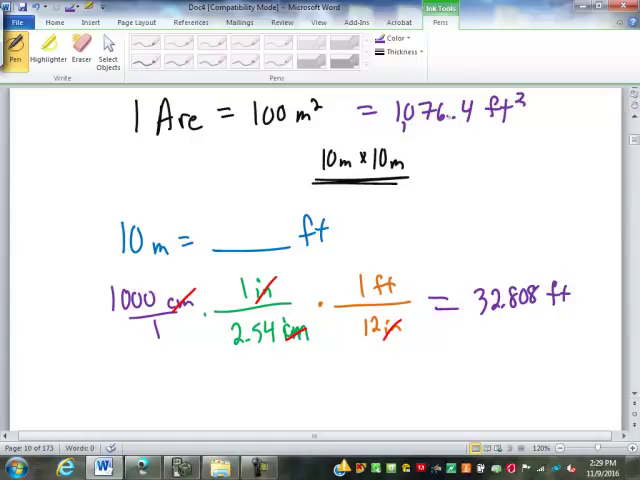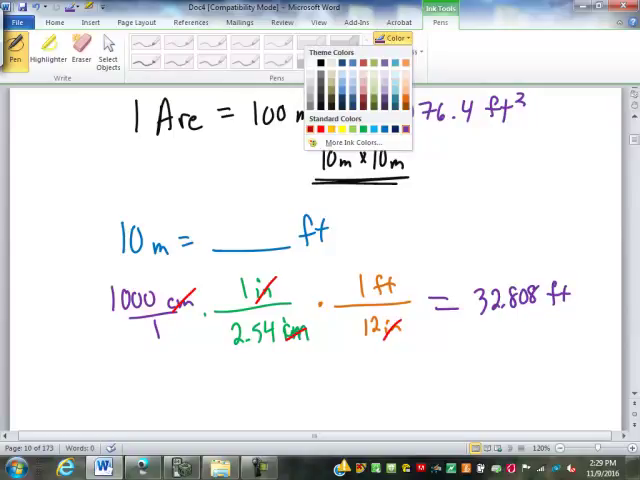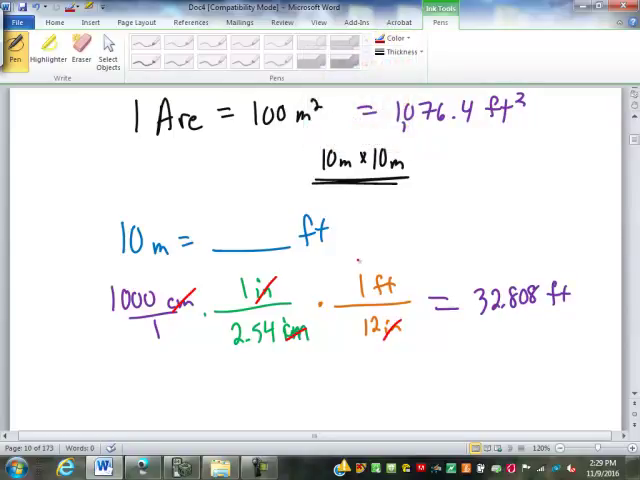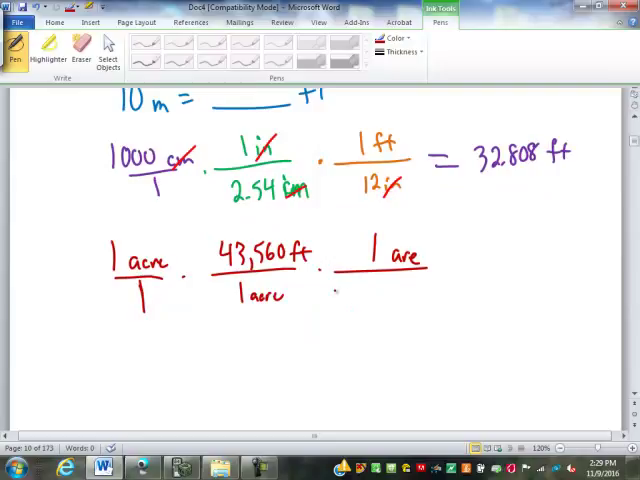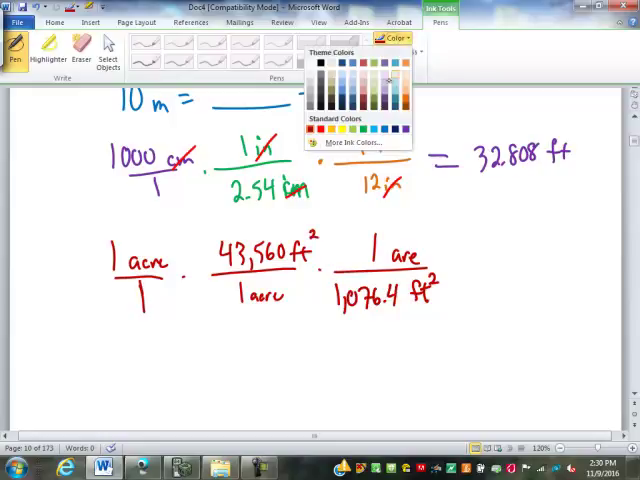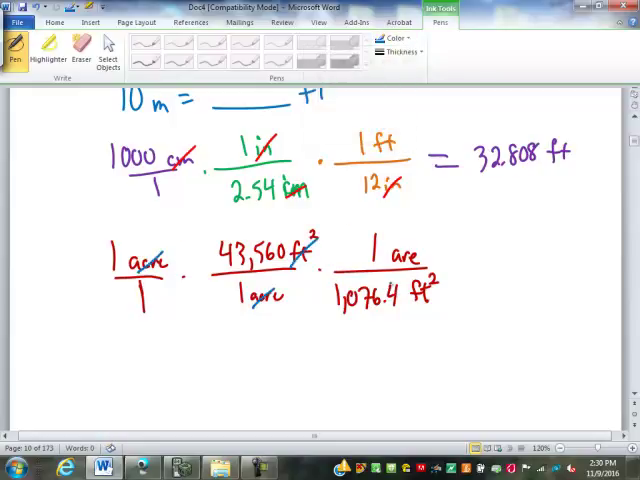Now remember, an acre is 43,560 square feet. So how many R's are in an acre? Well, 1 acre, again, is 43,560 square feet. An R is 1,076.4 square feet. So here you can see the acres cancel out, the square feet cancel out, and we will have just R's